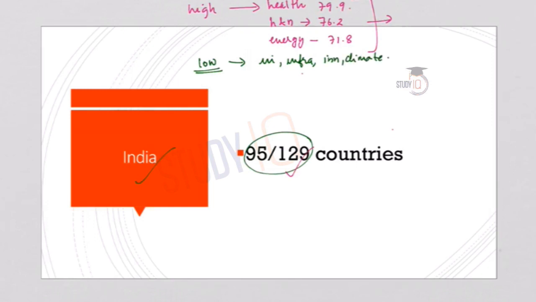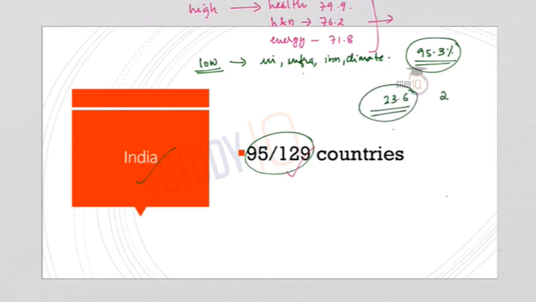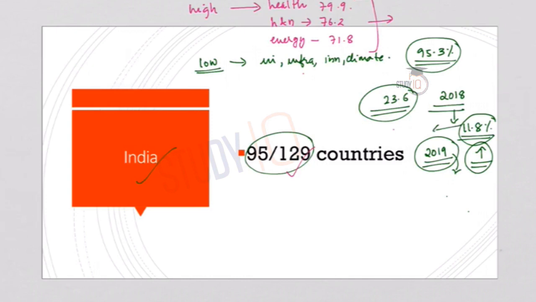And India scored 95.3% on female students in primary education. And in the proportion of seats held by women in the national parliament, India scored 23.6. In 2018, women made up around 11.8% of the parliament, and now in the 2019 elections, in the new parliament, the proportion has increased, but this index considers the previous parliament. So there was 11.8% representation of women. And regarding the seats held by women in the Supreme Court, it is only 4%,